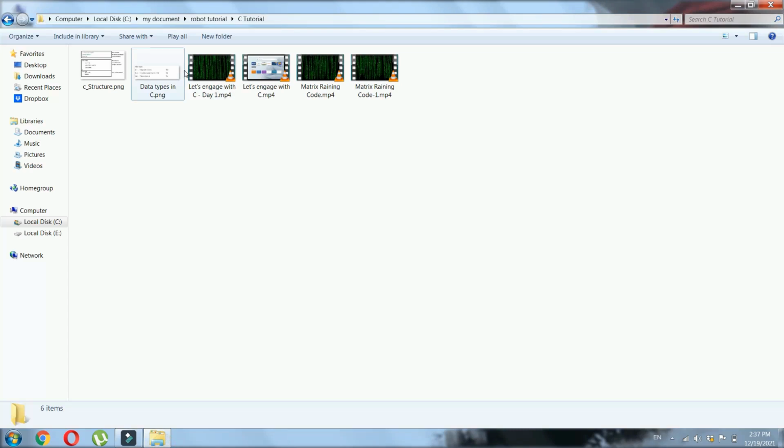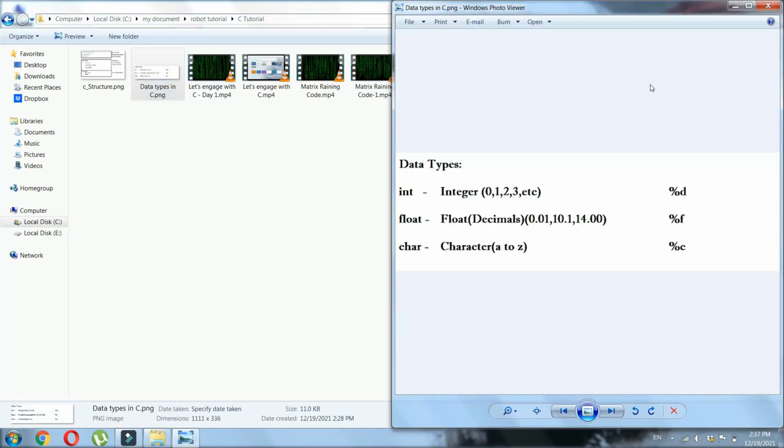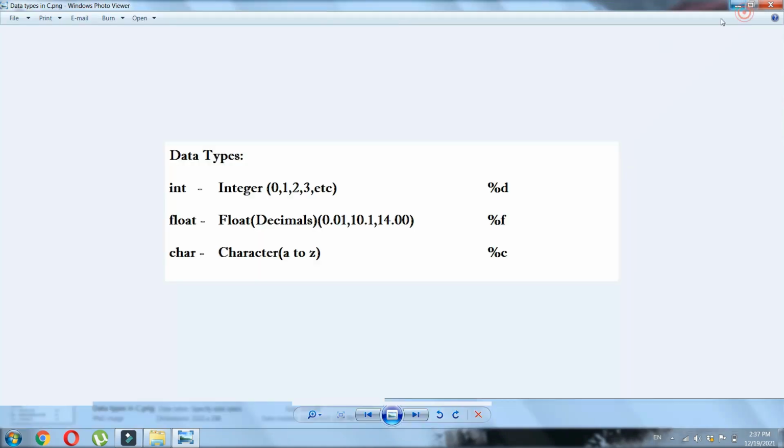So the different data types in C: data types are nothing but a representation that this data would be storing values related to a particular group. Here int is nothing but integer. Integer holds all the numbers and it is indicated using the symbol %d.